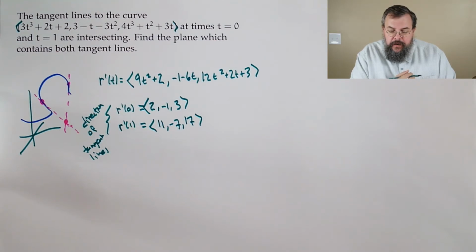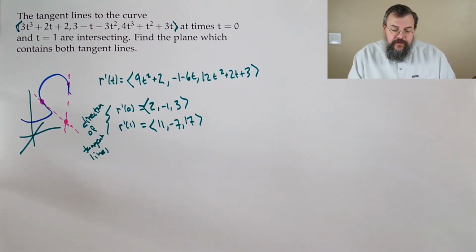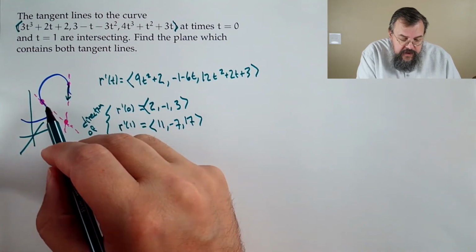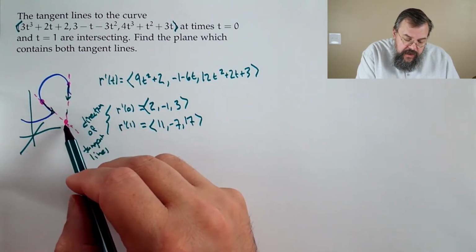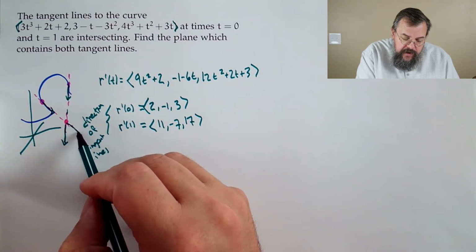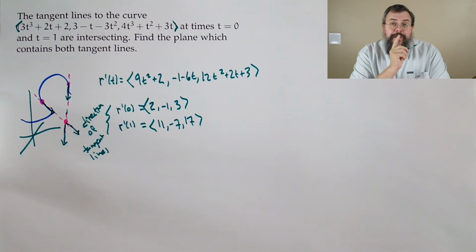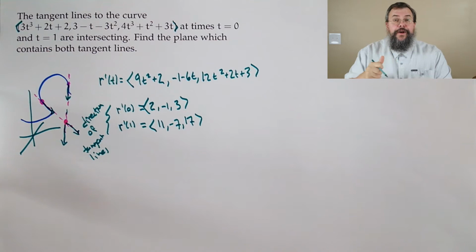Well, now what? Well, these are the direction vectors for our line. So you can think of it somehow like, look, here's this direction vector, and here's this other direction vector. Of course, we can just move them down so that we can put them right next to each other. Now, these two vectors are directions in the plane that we want. But we don't want a direction in the plane. We want the direction perpendicular to the plane. We say,